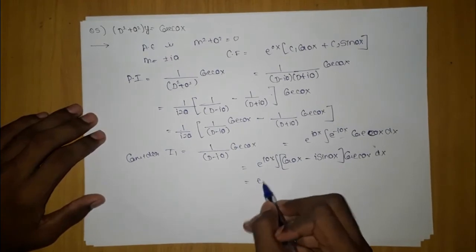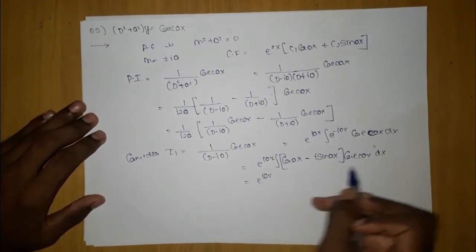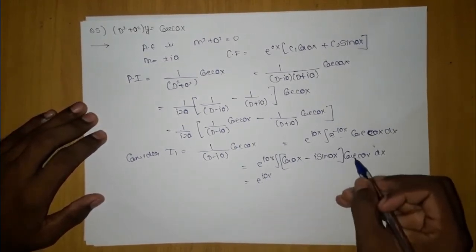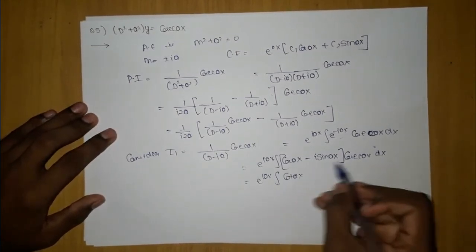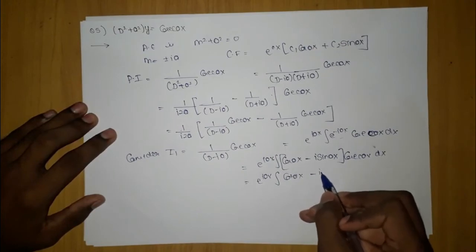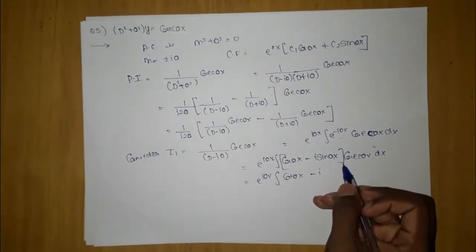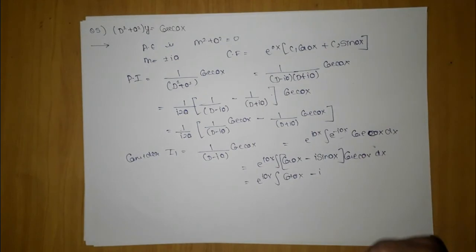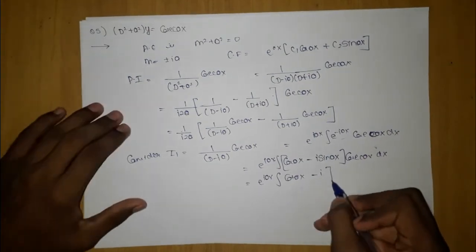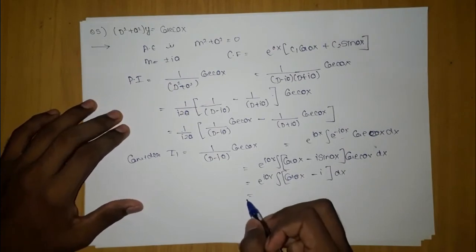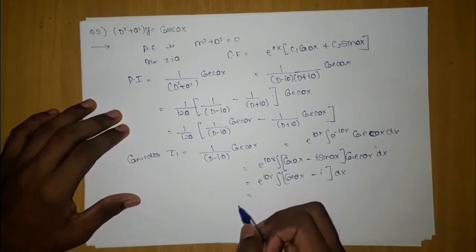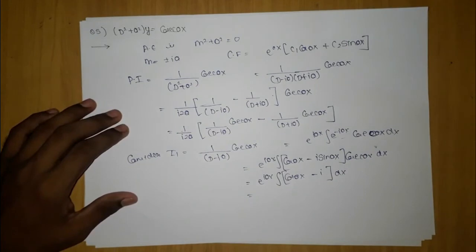After this, e to the power iax, if you multiply this, writing cosec as 1 by sine, you will get integral cot ax, this is 1 by sine, minus i. Here this will get cancelled out and I will be left only with dx. So if you integrate this, you know that like tan ax integration was what? It was nothing but log sec ax.